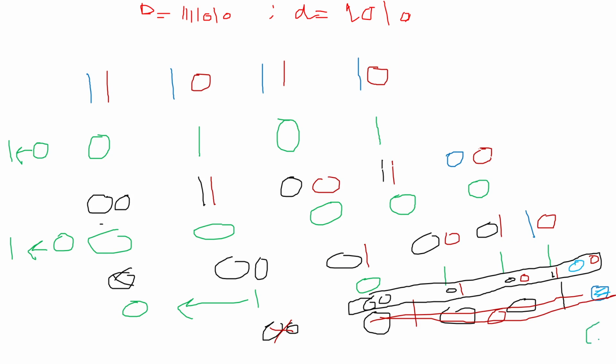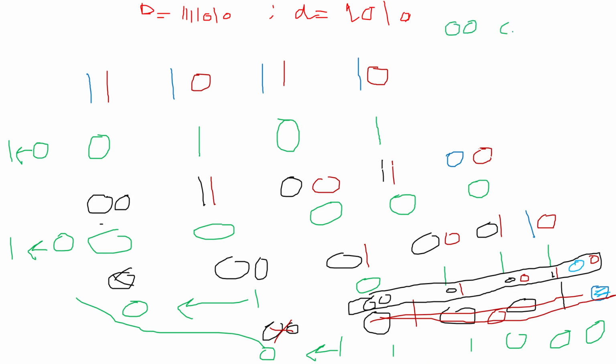So 0 minus 0 is 0, 1 minus 1 is 0, 0 minus 0 is 0, 0 minus 1 is 1 with borrow out as 1. So 1 minus 0 minus 0 with borrow as 1, it will be 1, and my output will be 1, and that complement will be 0. So these are my quotients, 0 0 1 1. These are my remainders, and my final row is